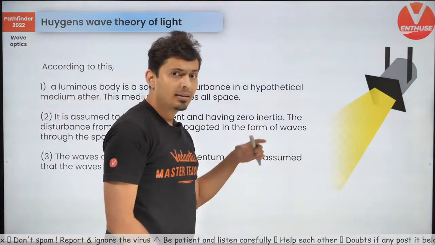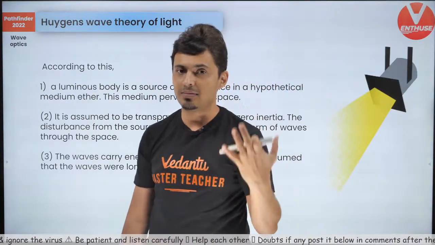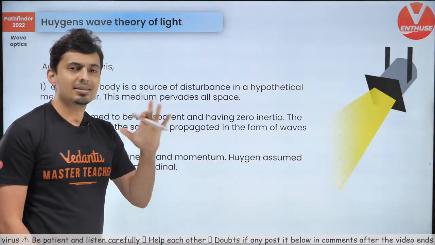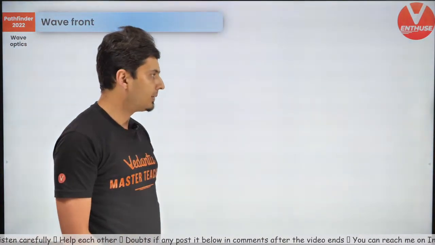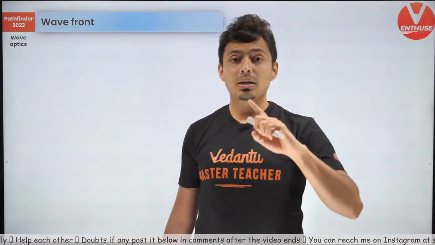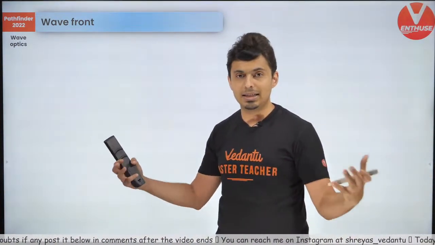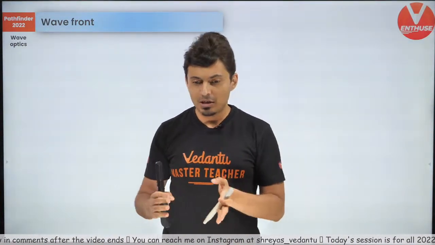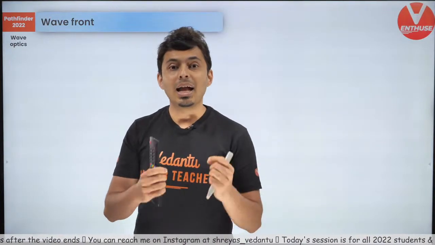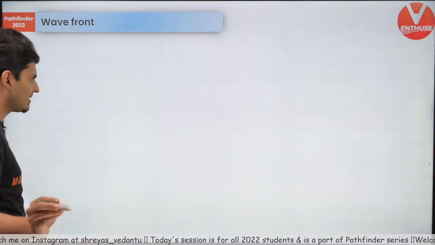Now, this theory actually helps us in a couple of things like explaining reflection, refraction, diffraction and interference. That's the reason why we study it, although we know certain assumptions of this theory are not valid. The most important thing about this theory is it helps us predict the path taken by light, the way in which light will deviate, turn around, or reflect back, and that is given by something called Huygens Construction. I'll tell you in a very simple manner what Huygens Construction is.